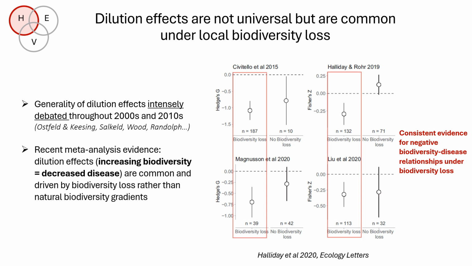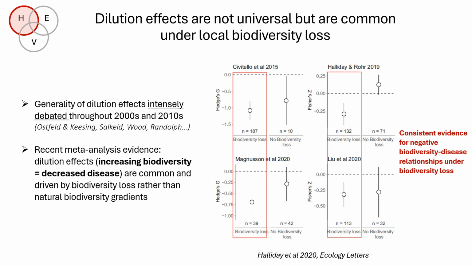But in recent years, I think more of a middle ground and a consensus has been reached around the conditions under which dilution effects occur. And they have basically concluded that dilution effects are a general ecological principle and a predictable feature of changing ecosystems, but they occur not in the context of natural biodiversity gradients, but in the context of when